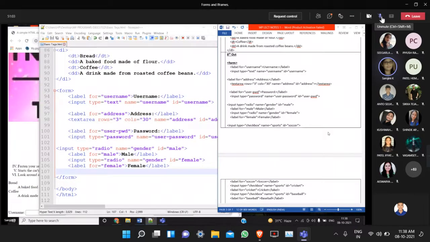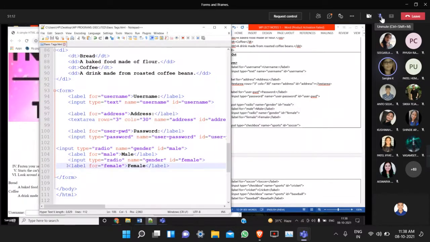So now what I have created is a radio button. Radio means only one option; it will allow only one option. So we will see how we can create a radio button. Of course, again the input tag, type equal to radio. Here this type is a very mandatory attribute that says which type of form control you want to select. Here type text created a text box. Here type password created a password box. Here type equal to radio is creating a radio button.